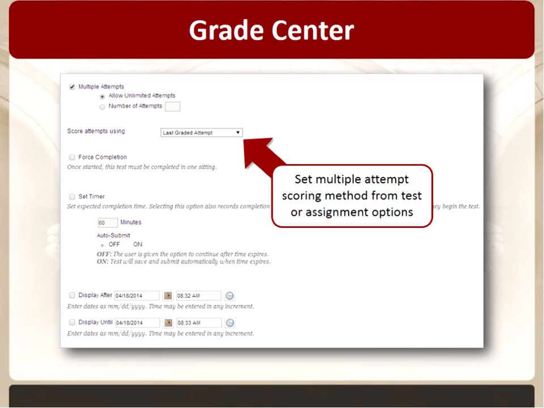Well, going forward now, instead of going to the Grade Center and editing the column in order to make that selection, you'll actually be able to change that setting in the settings for the test or assignment that you're creating. As you can see by the forced completion and set timer options, these are the test options for a test. And because I've turned on the multiple attempts checkbox, I also get to determine how I want those attempts to be scored. This just simplifies the workflow and makes it more obvious to you how those grades are being